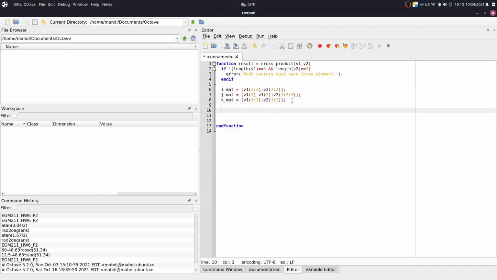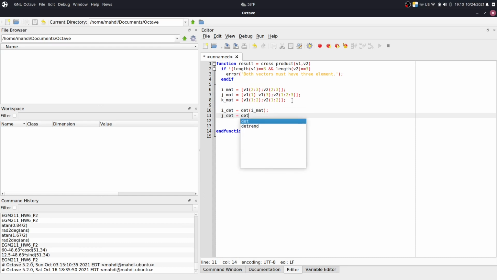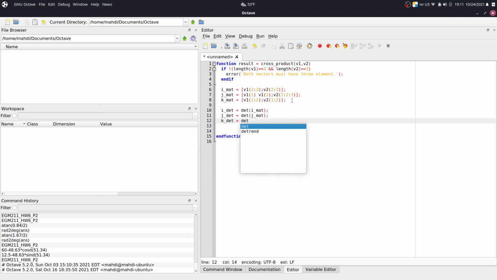Now I want to find the determinant of these 3 matrices. So I'm going to call this I determinant is equal to DET of I mat. So J determinant then is going to be DET, determinant of the J matrix, and then KDET is equal to the determinant of the K matrix. Now the result is going to be a 3-component vector. So that's basically going to be IDET